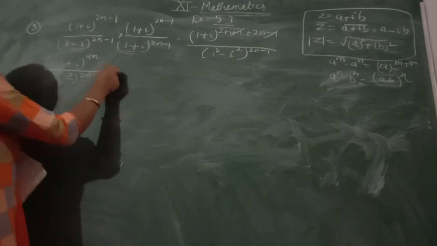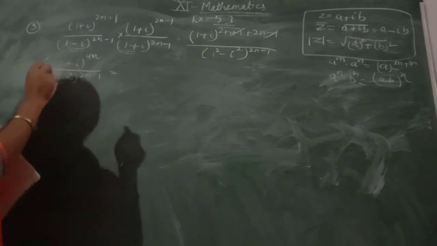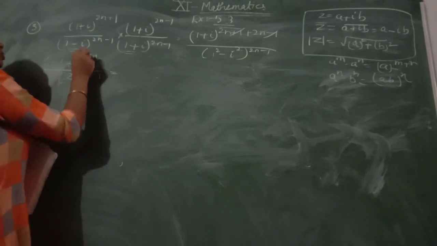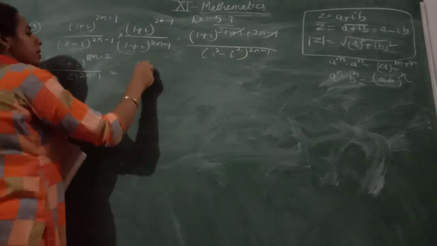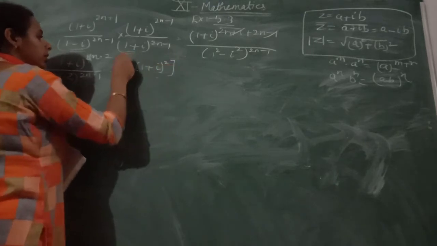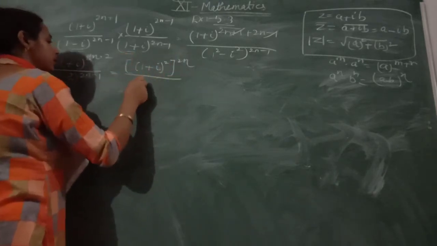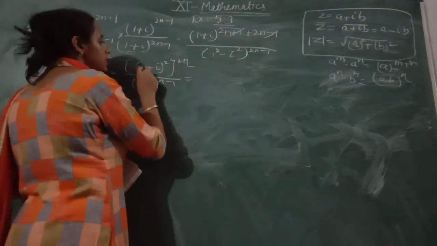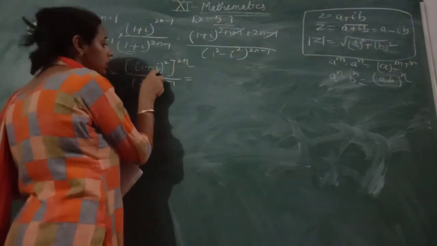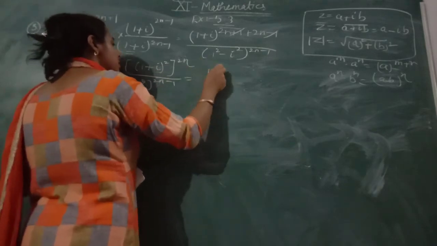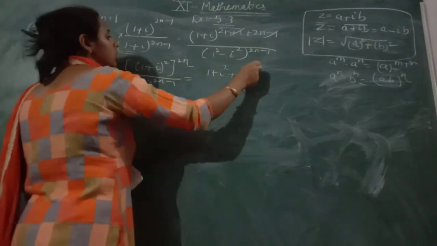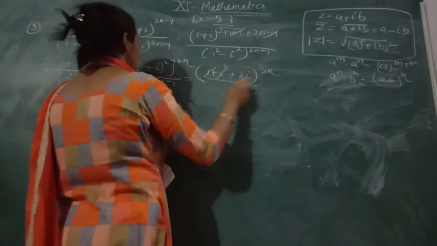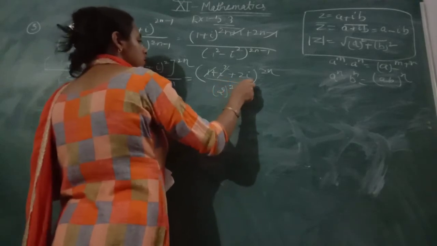On solving this, there is a 4n, I just write it as 2n into 2. Firstly apply the formula, then into 2n, and in the denominator there is 2 to the power 2n - 1. After solving the whole formula, the a^2 and b^2 terms will be cancelled. So you have only 1 + i^2 + 2i, and there is 2n only, so this will be cancelled by this one. You have 2^(2n-1).